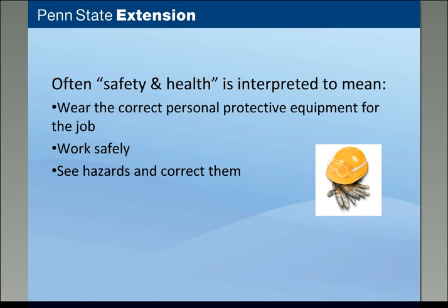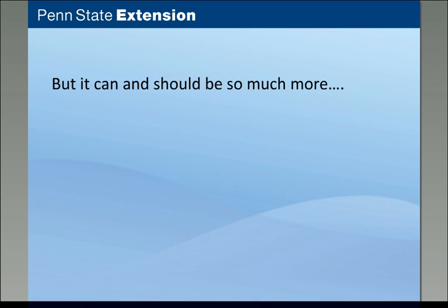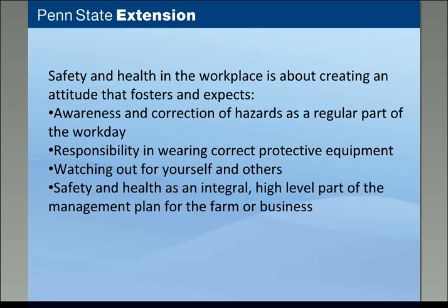Oftentimes, safety and health is just interpreted to mean, well, you have to wear your personal protective equipment, work safely, make sure all the guards are in place. If you see something that's broken, do something about it, get it fixed, and whatnot. But it really means a lot more than that. It means trying to take